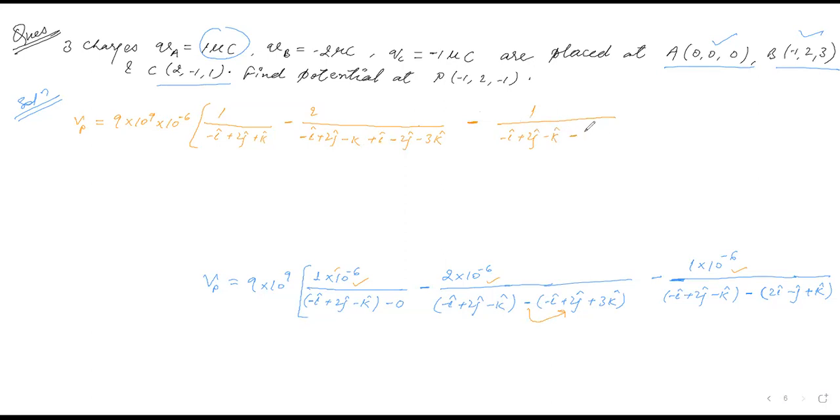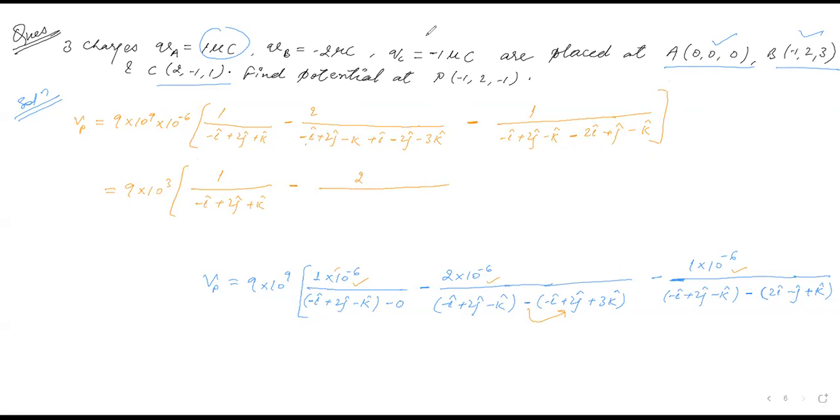Minus 2i, plus j cap plus j cap minus k cap. Okay, yes, you can take it in bracket. Next, 9 into 10 raised to the power 9 and 10 raised to the power minus 6 will be 10 raised to the power 3 now. Okay. Yes, sir. Now 1 over minus of i cap plus 2j cap plus k cap, minus 2 over minus of